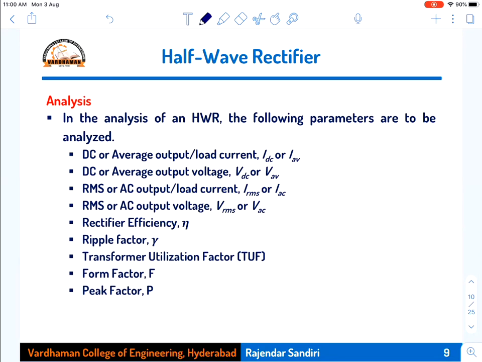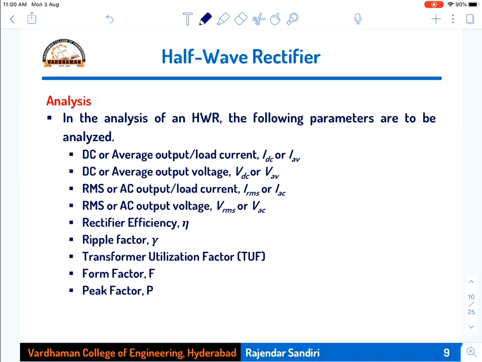Okay, so I hope up to now you have understood everything. We have just seen the block diagram of the regulated power supply, then what each block actually is. First we have seen the transformer, then we have come to the rectifier. The rectifiers are of different types. What is a rectifier? We have seen the different types of rectifiers. Then for the half wave rectifier, we have seen the circuit diagram and the operation for the positive half cycle and the negative half cycle of the input, what output is produced for each, and the complete input and output waveforms.